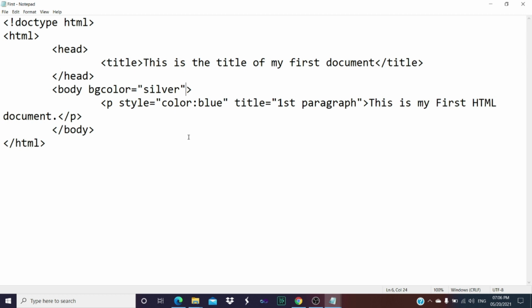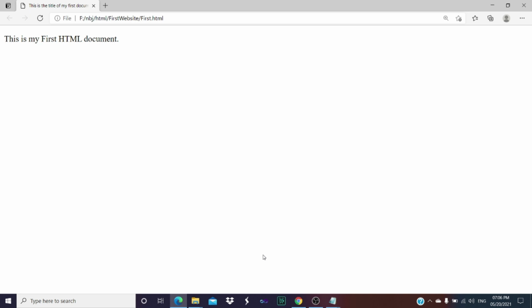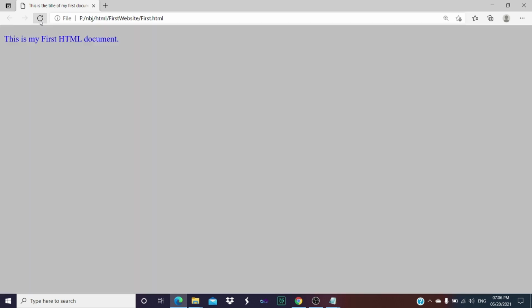Now we will save it. So here we go. I have saved it, and now I will open this particular HTML document within the browser. So this is the document, or more precise, this is the web page which we have run previously, right? Now we have made the changes within our HTML document. So I will refresh it, right? After refresh, we will see the changes that we have done within our HTML document. Fine. So here we go.